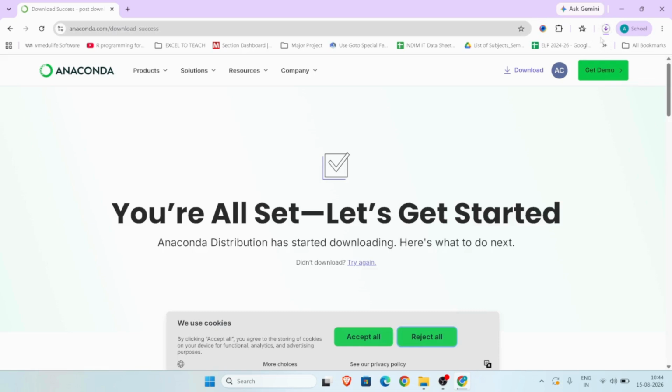So here download is going on, right? The moment this exe file gets downloaded, I'll show you some other steps on what to do and how to install Anaconda in your own system.